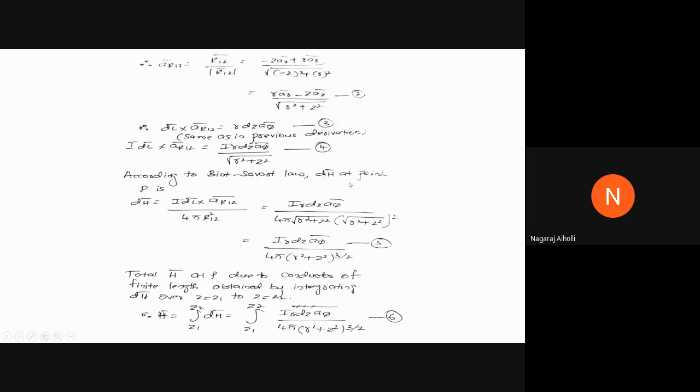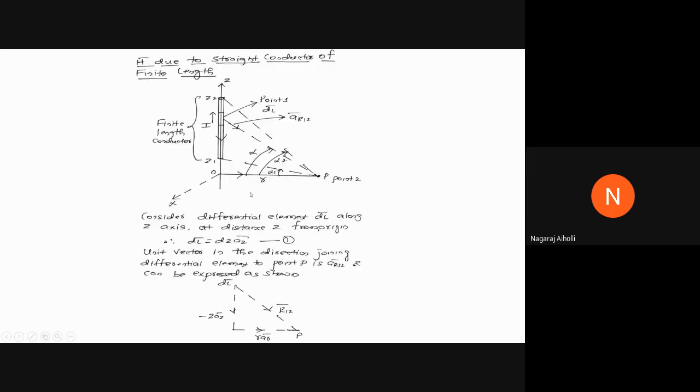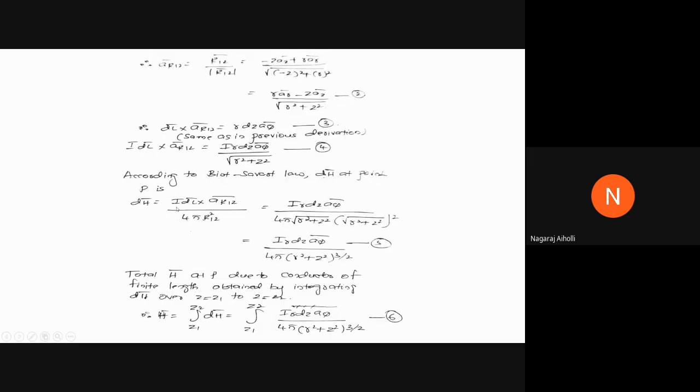According to the Biot-Savart law, we know that dH bar at point P is given by dH bar is equal to I dl bar cross aR12 bar divided by 4 pi R12 square. That is I into dl bar cross aR12 bar, it is I R dz aφ bar divided by square root of R square plus Z square. And what is remaining? 4 pi is remaining, multiplied with 4 pi R12, the distance vector, right? It is square root of R square plus Z square, the whole square. If we simplify this,